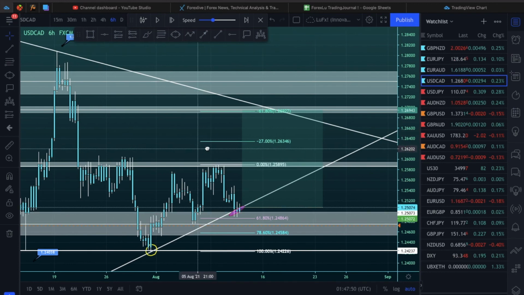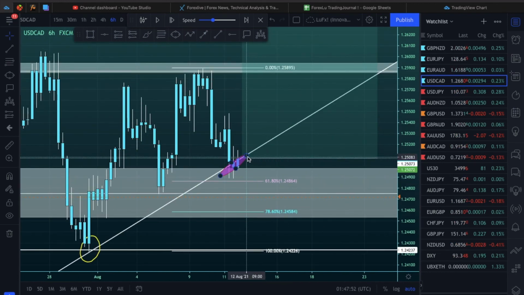Boom, now we got it, right? So this is our third touch, and I had this right here, like it is right now. So I just had this waiting for the third touch, and once it hit it,